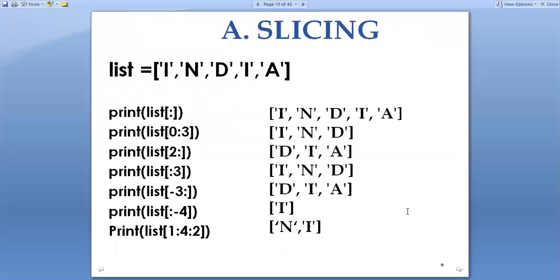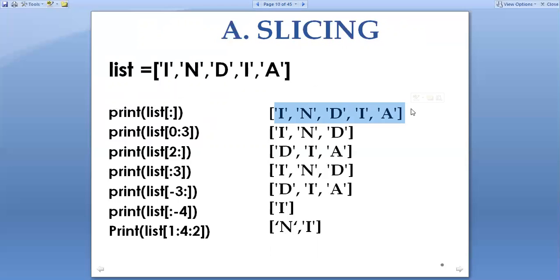So each value has a different index. Here I can retrieve a particular value by using slicing. What is slicing? This is the colon operator. Print list, only you are putting a colon here. What does it do? All the values will be printed.